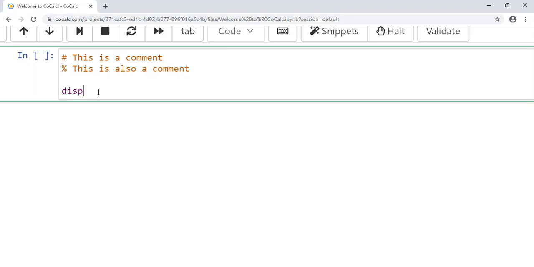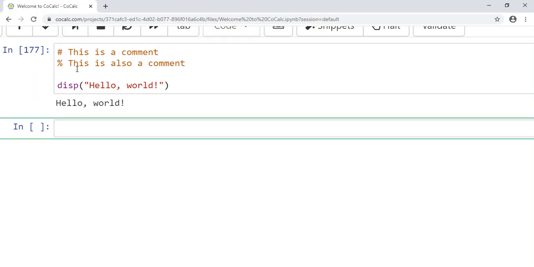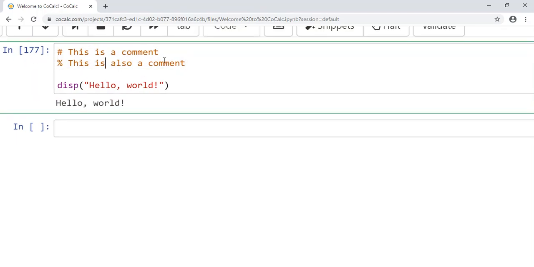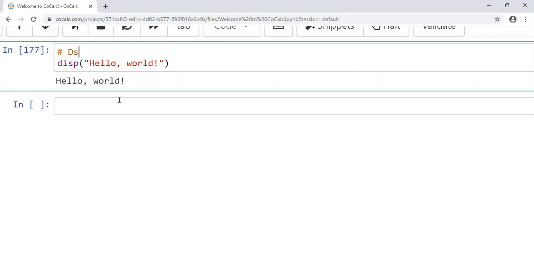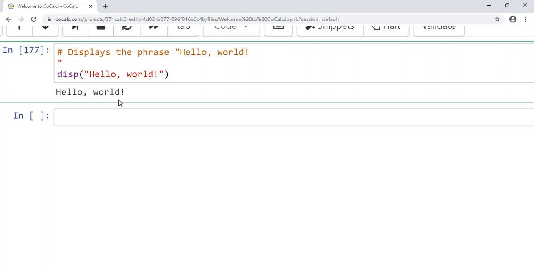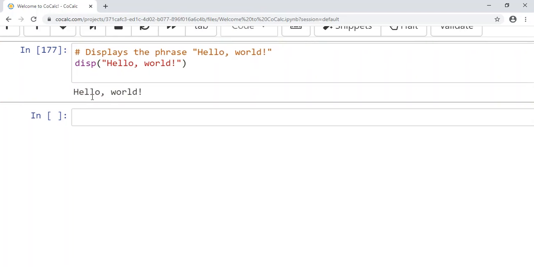And with these, the computer's going to pass right over it. So if you do some program and run the cell with Shift-Enter here, it's not going to do these comments. These are just for human consumption. So one common thing that people do with the comments is they write what something does, just over what is going to happen. Displays the phrase hello world, and you see it just displays the phrase hello world. It doesn't do the comment because there's nothing to do. It's just for the human. Okay,